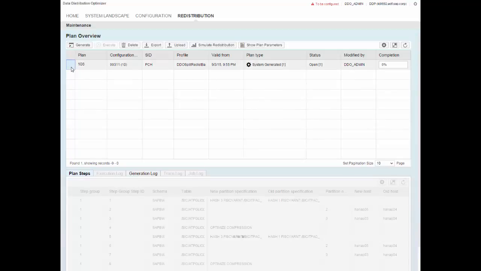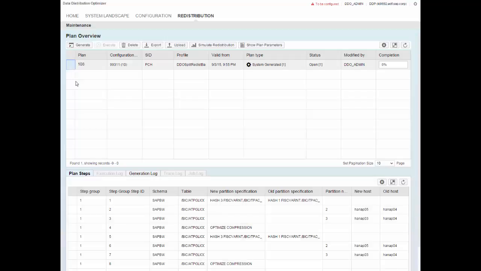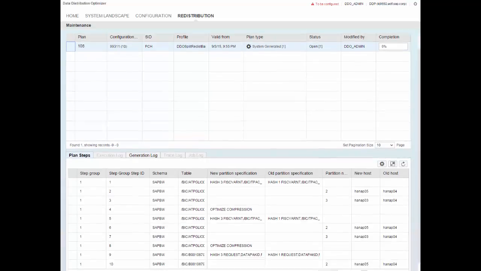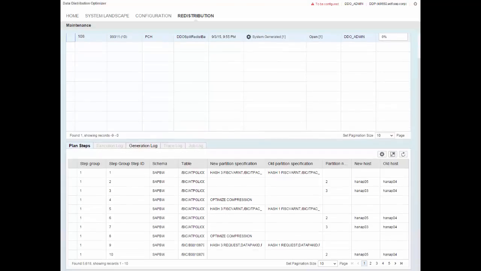Let's select the plan. On the lower part of the screen, you see the different plan steps. Those are the steps relevant and identified by the algorithms to balance the memory allocation within this given scale-out environment. So you get the information on the schema, on the table name, on the current partitioning, and the recommended and